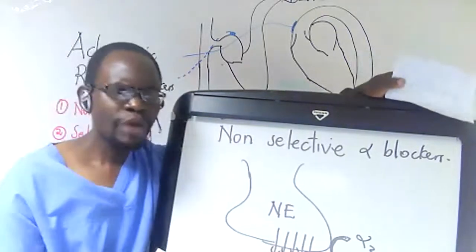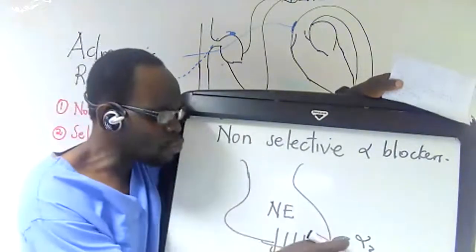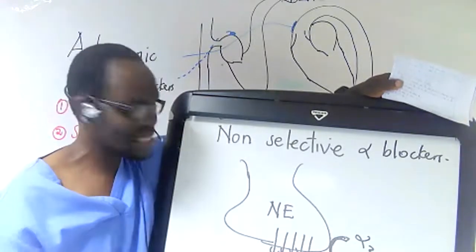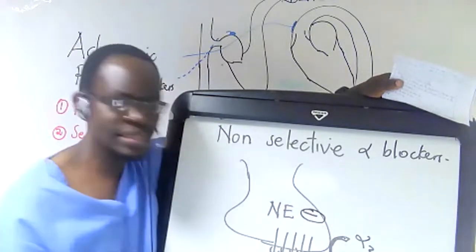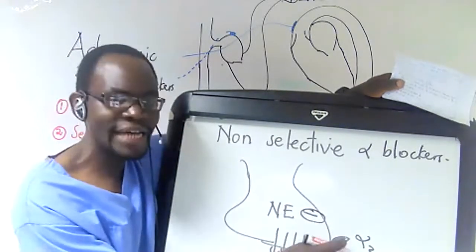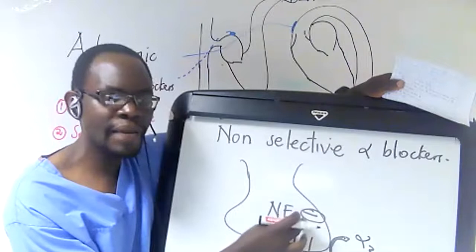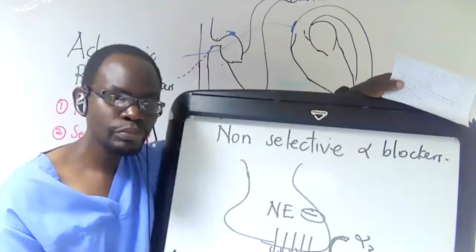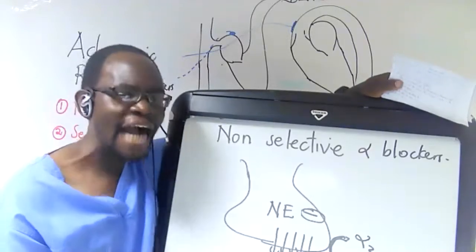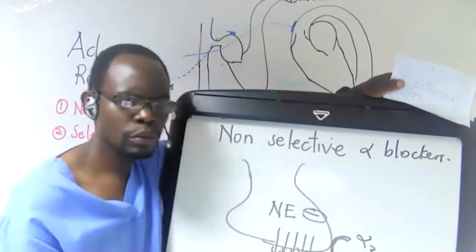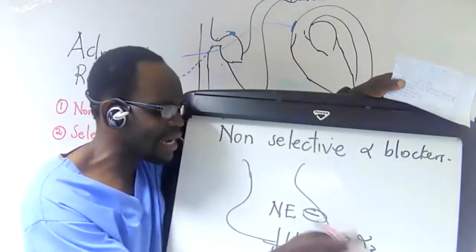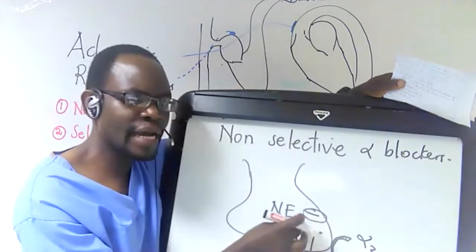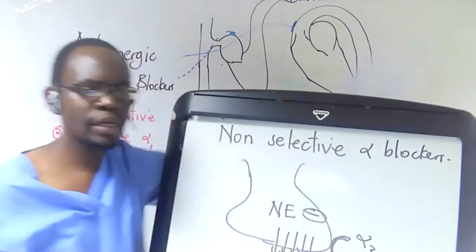Does it make sense? Remember we said when alpha 2 receptors are stimulated, they cause a negative feedback mechanism which stops release of norepinephrine. Is that clear? So when we have a drug that blocks alpha 2, since it is blocking alpha 2, there will not be a negative feedback mechanism, and therefore norepinephrine will continually be